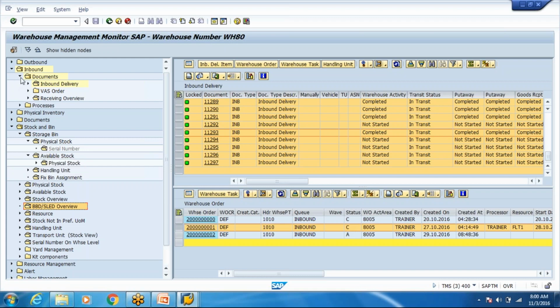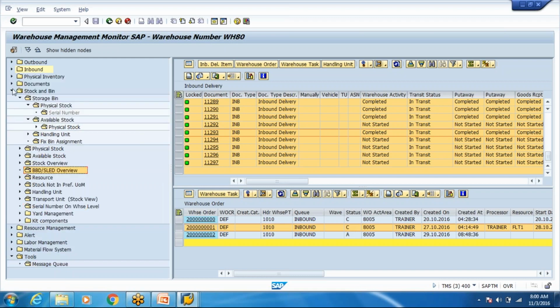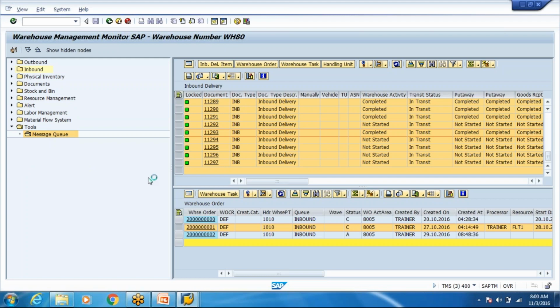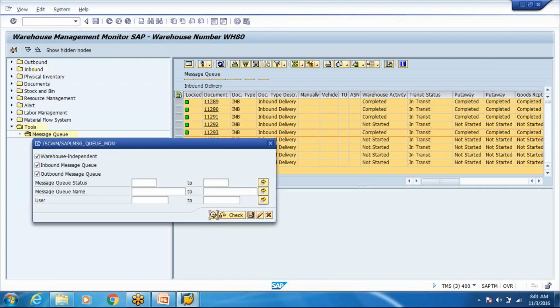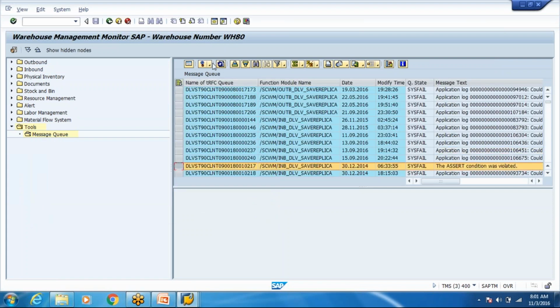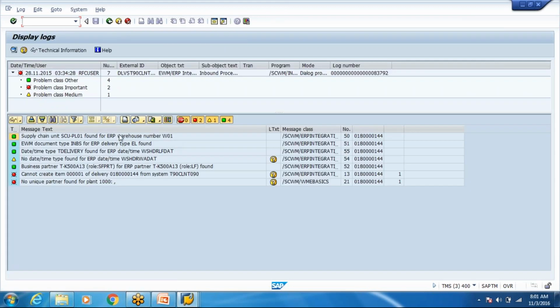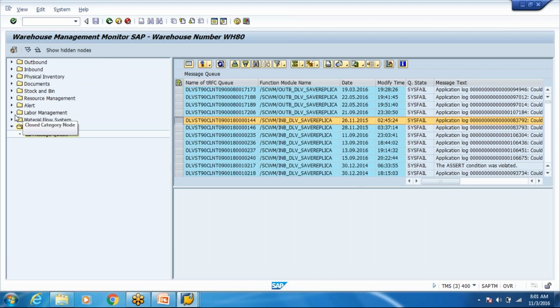Okay. So we can manage your queues, RF queues also, from here. You can see how many queues have failed, what the error is, and then quickly reprocess it as well. You can reset the status, open the QRF monitor, and see the application log over here, what happened and why this error is coming up. So you can open the log from here to see how things went wrong.